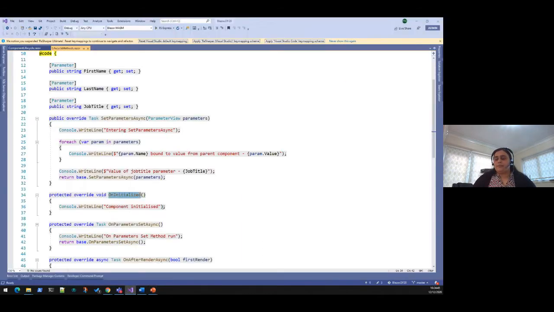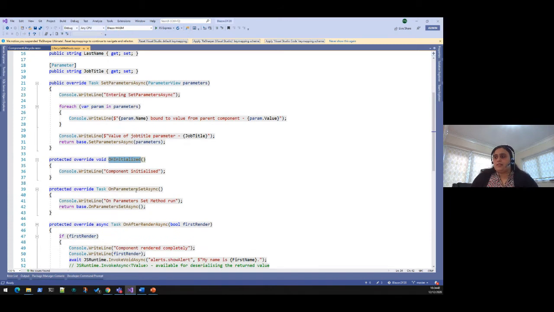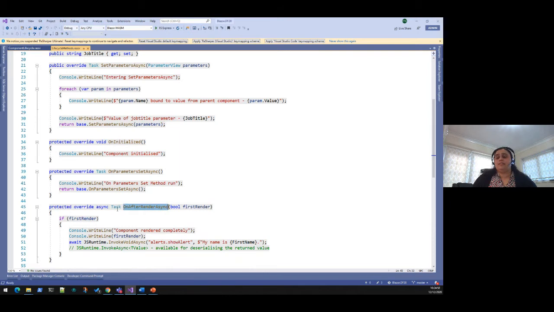Let's have a look at the method signatures for on parameters set async and on after render. The on parameters set async returns a task, and I'm not particularly doing anything on it. The on after render async again returns a task, but it accepts a Boolean called first render. The first render is true only for the first time the component is initialized. If the parameters keep on changing, the first render becomes false the minute the first on initialized runs. So you can always check whether it is a first render before doing any calls to JavaScript or using child